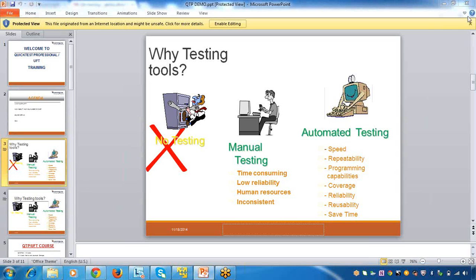Manual testing will take a lot of time. That means it's a time-consuming process. If you want to test any application, I may test that application in so many iterations, so many cycles, so obviously it will take a lot of time to complete the process. Because of this time-consuming issue, you need a lot of time to complete your manual testing,